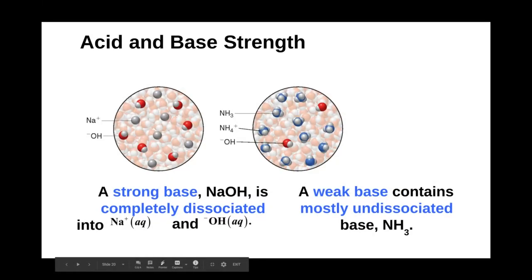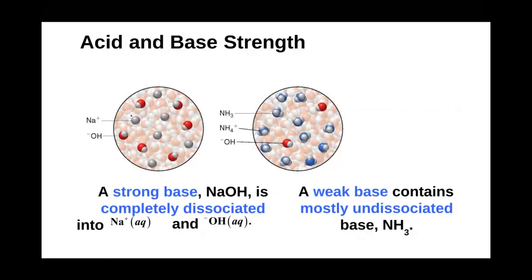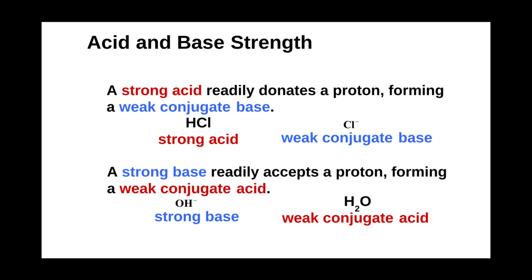And again, conceptually, to see what this looks like, you'll notice sodium hydroxide dissolves in water completely. There's no sodium hydroxide here on the left. When ammonia dissolves, you'll notice that there's mostly ammonia, a little bit of ammonium, and a very small amount of hydroxide ions here. So again, exactly the same as our weak acid and strong acid counterparts, same thing for our bases. Does it dissolve fully or, I'm sorry, fully or partially. That's the word I was looking for.